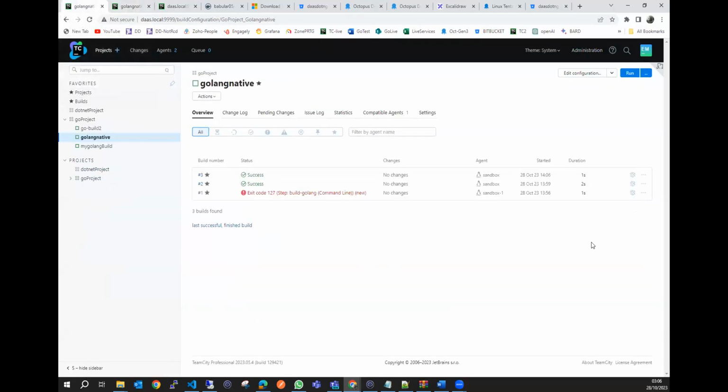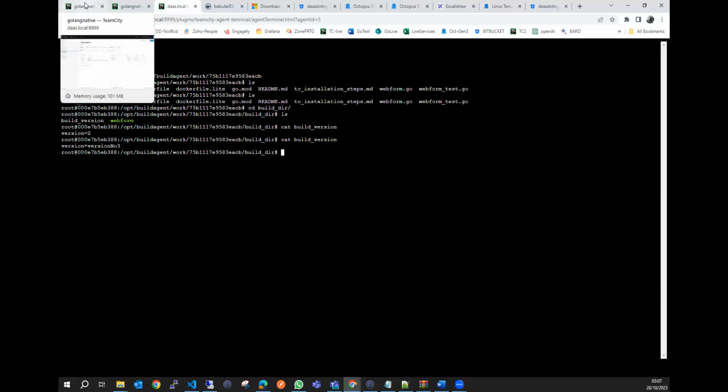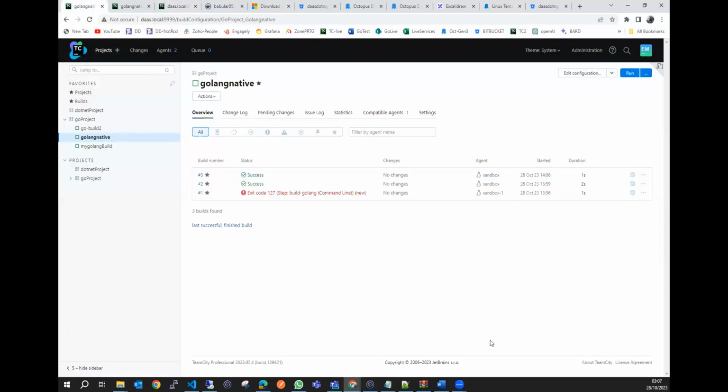These are actually built, right? We are good. I don't want to always log on to the agents, as you can see here. I don't want to always log on to the agent to go and get my web form because, interestingly, this is just the only thing I need to be able to build. I don't want to always log on to the image, then from the image copy it out. You can make use of the artifact feature so that